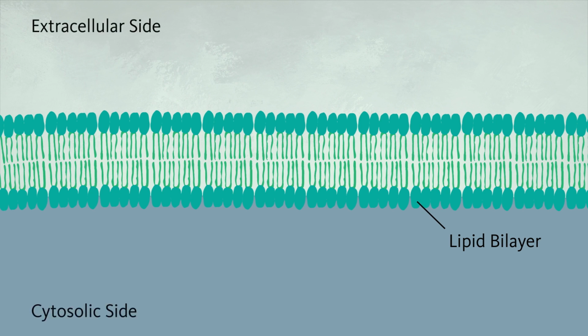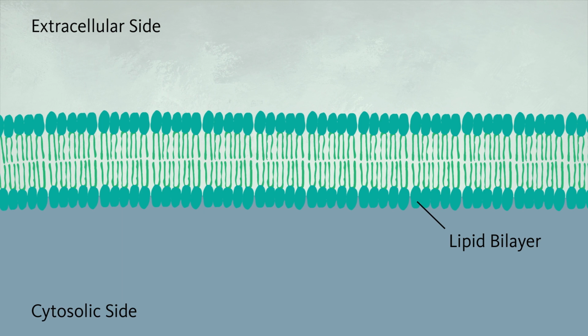Thus far in lecture, we've been talking about membrane proteins and the types that are possible within a lipid bilayer. However, what if you don't know what type of membrane protein you have? This animation is here to show you one type of technique we can use to determine if a membrane protein faces the extracellular side or the cytosolic side, and whether or not it can be a glycoprotein.